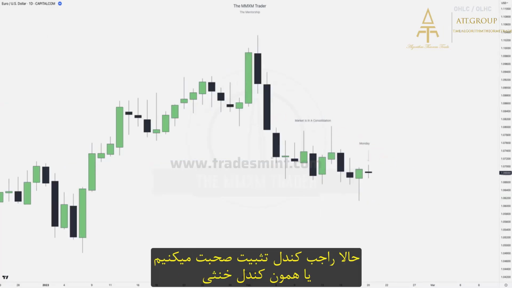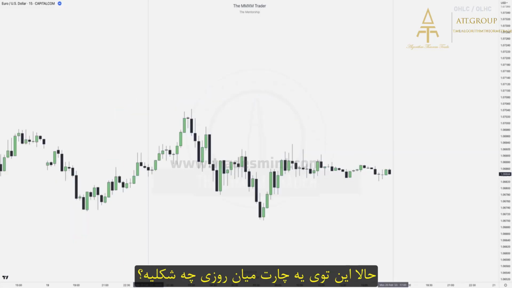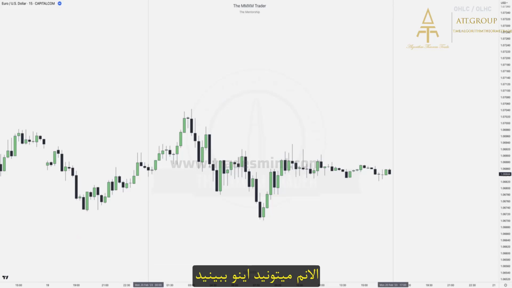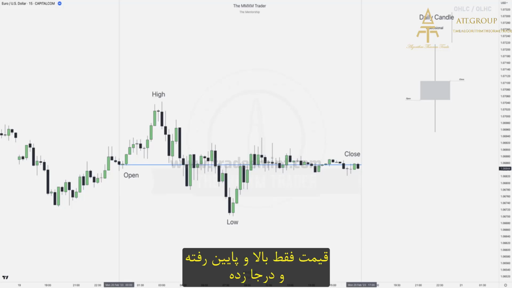Now let's talk about a consolidation candle or an indecisional candle, right? So the market obviously has to be in a consolidation and the market has no clue where it wants to go next, thus creating an indecisional candle. So how does that look like on an intraday chart? You can already see it when we draw out that New York midnight opening price. It's just straight up, down,